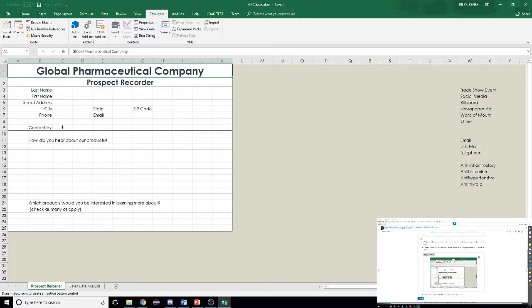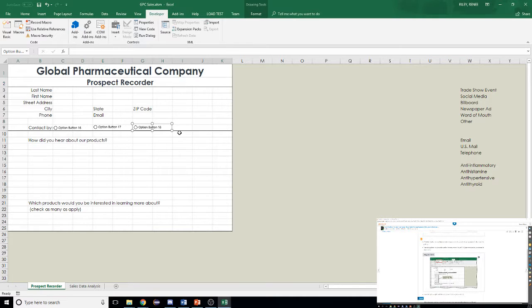And we want this one to start, kind of over here beside order by. And it'll take up a couple of cells there. And then we want another one. Right beside it, and another one. Now we can change the text and things that are inside these buttons,